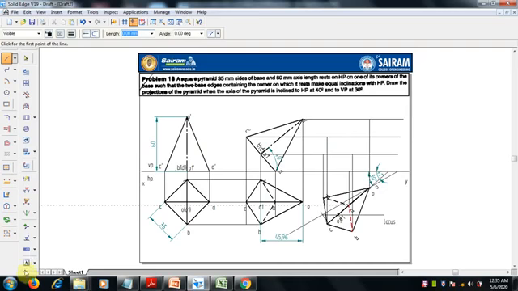Mention A B C D here. Which one is A? Here is A dash. The view is A dash. Here it is B dash, and C dash here. Don't make any mistakes when we are drawing, otherwise your angle shape will differ. And here it is O dash, right? So A, B, O, C, everything is there.